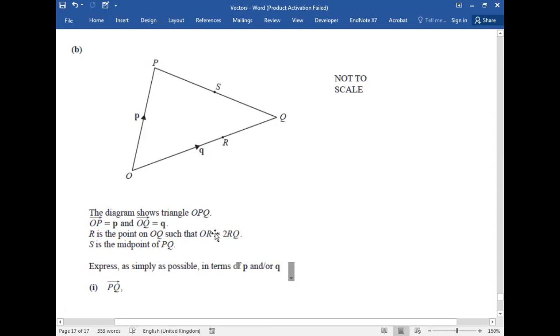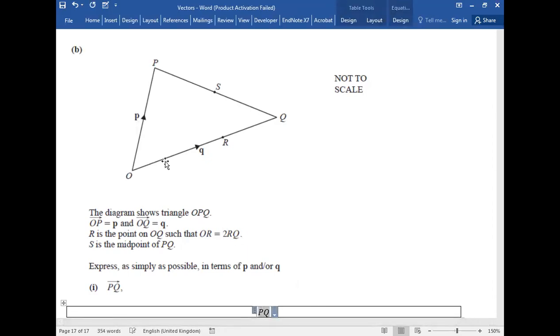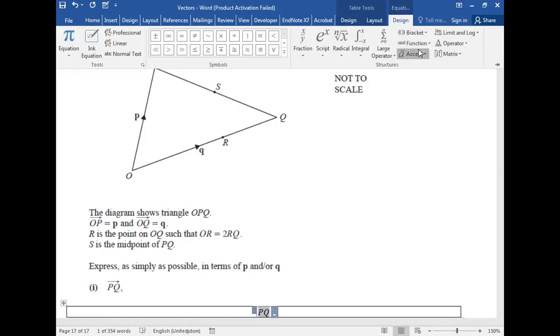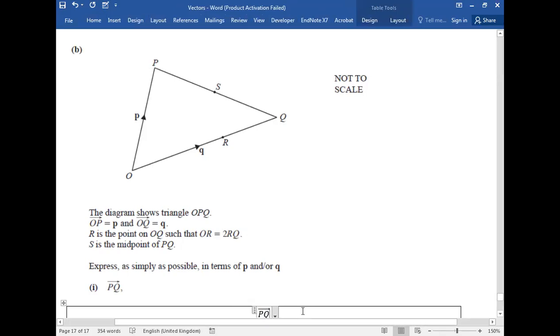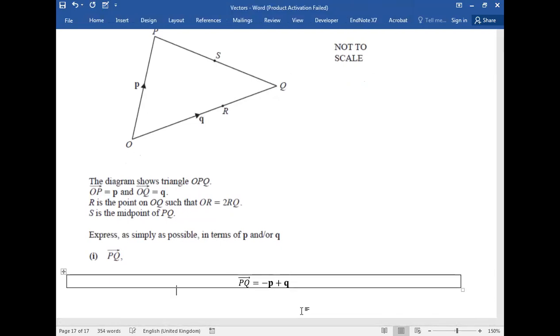R is the point on such that OR is double of RQ. See, the question is mentioned in the relation. OR is double of RQ. So this is as simply as possible vector PQ. कैसे जाएंगे P से Q? We have done so many such questions. Very good. You can do it directly now as well. That will be minus P plus Q. फिगर बना लो ताकि उस पर जो भी चेंजेस वगैरह रेशियोज है you need to use, you can easily do that. Now the next part is asking us